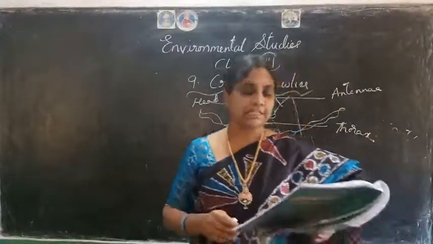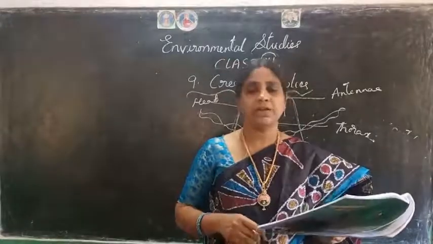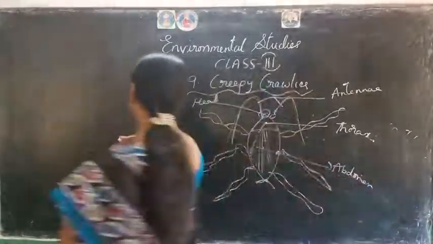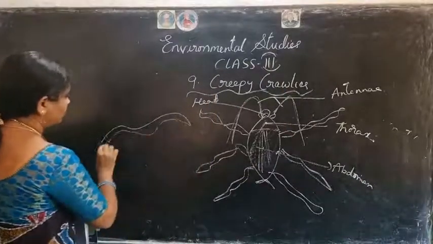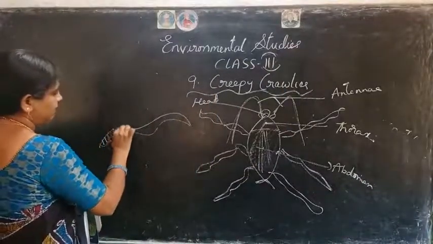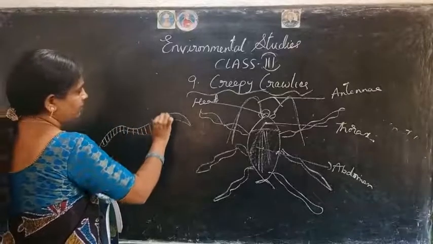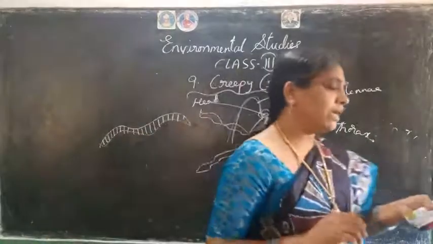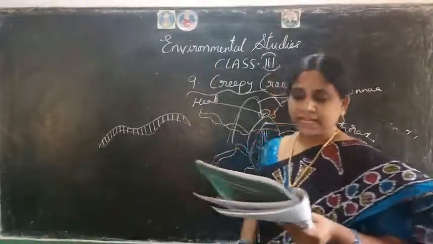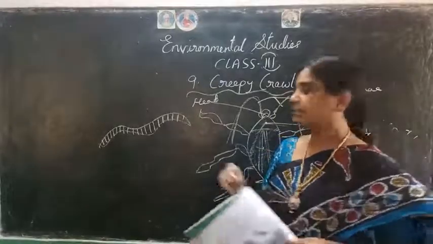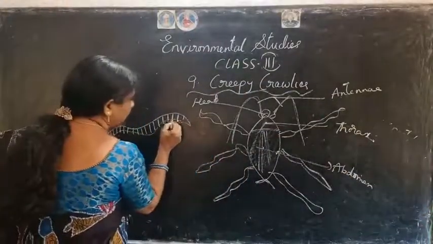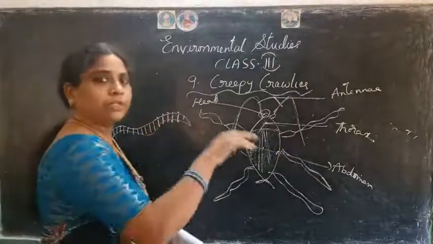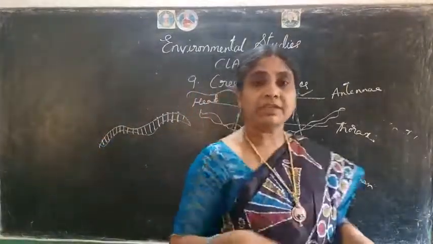It is an insect. A worm has a flat head and a long soft body divided into many segments. Here the worm is given like this, suppose. Many segments means like stripes are there on its body, no? It's a worm and it will be very smooth, and divided into many segments. Each segment has a pair of legs to help it walk or swim. So if you observe, small legs will be there. They help them to crawl or to swim in the water.